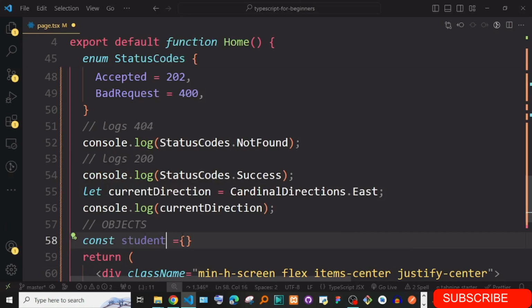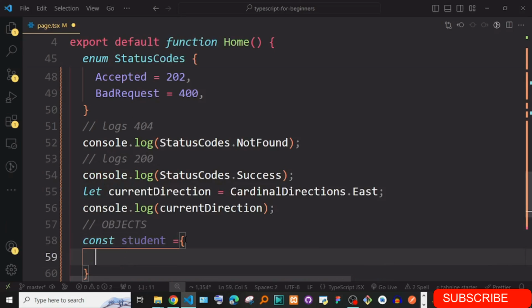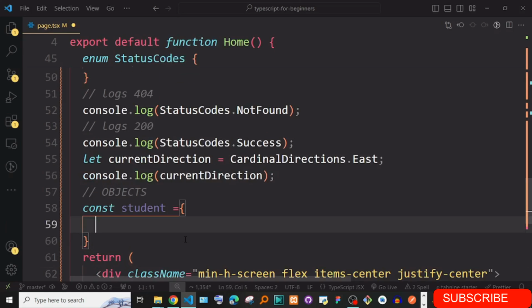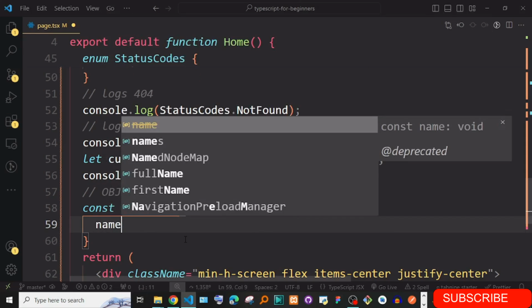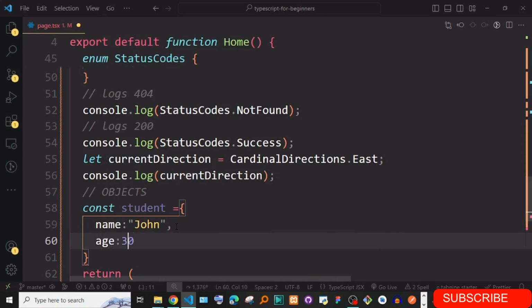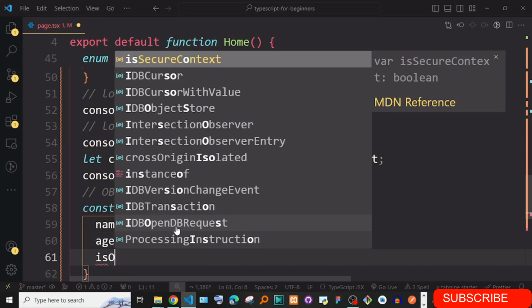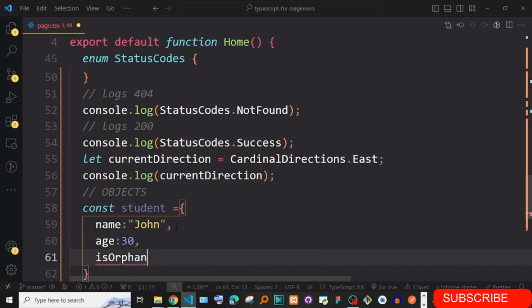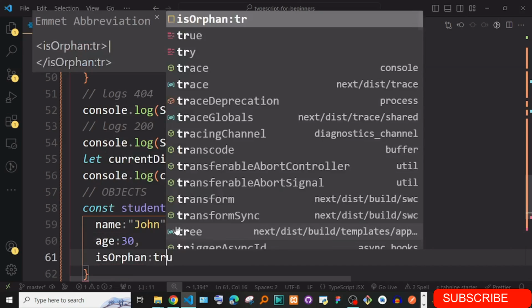So you can have const student, and you can go ahead and define things here. You can say student has a name which is John, then maybe we say age, which is 30, and then maybe isOrphan, and we just say true.